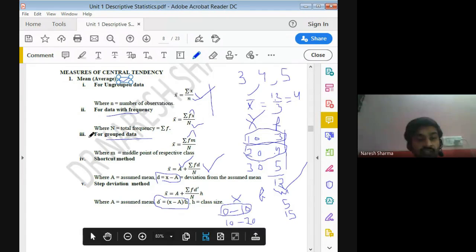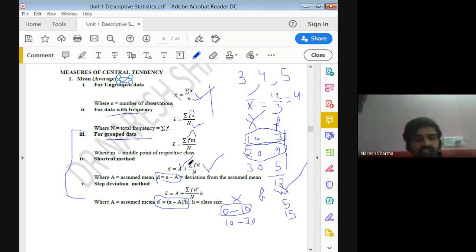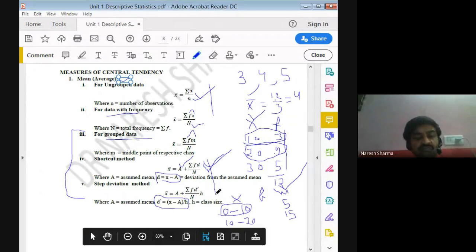You may use any of these methods. All three can be used for grouped data, and you get the same answer. The only difference is that the formula is longer but the calculation may be a little simpler. Just to simplify your calculation you can use these other methods, but now that we have calculators and computers, you may go with only one. That's not a problem. It's your choice.